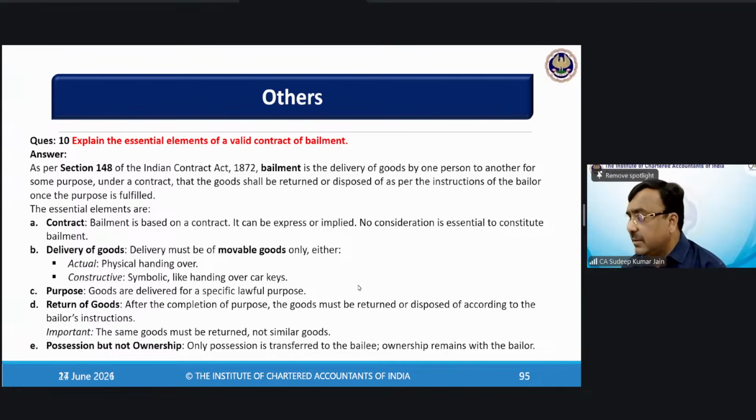X ने कुछ ज्वेलरी दी Y को रखने के लिए, Y ने अपनी ज्वेलरी के साथ अपनी अलमारी में रख दी, और वो पूरी ज्वेलरी चोरी हो गई। तो Y ने वही केयर की जो अपने गुड्स की, तो इस केस में अगर गुड्स चोरी हो गया तो X की Y की कोई रिस्पॉन्सिबिलिटी नहीं आती है।